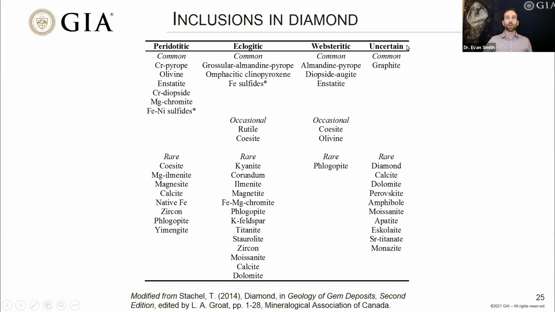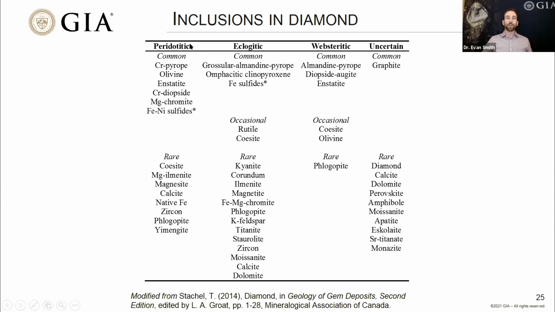We've also got another column here for uncertain host rock paragenesis. And I'll just point out graphite here. Graphite is a very common thing we find in diamonds, but it's not necessarily indicative of a peridotite or eclogite or some other host rock. It's just carbon. So we don't associate it with anything in particular, but it's very common to find graphite in